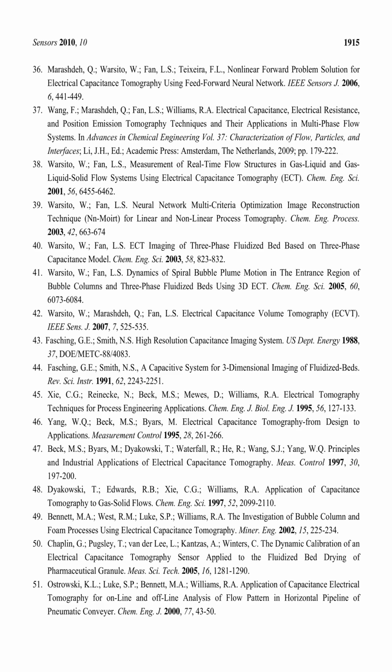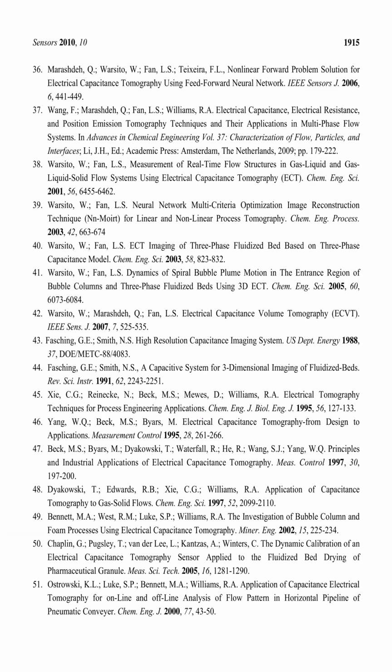NN-MORT for linear and nonlinear process tomography. Chem Eng Process 2003, 42, 663-674. 0. Warsito W, Fan LS. ECT imaging of 3-phase fluidized bed based on 3-phase capacitance model. Chem Eng Sci 2003, 58,